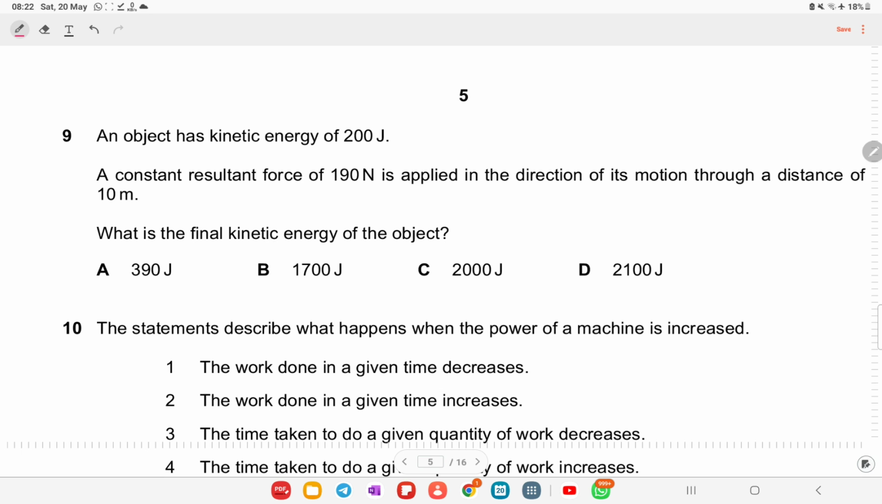An object has a kinetic energy of 200 joules and a constant resultant force of 190 newton is applied in the direction of its motion through a distance of 10 meters. What is the final kinetic energy? So in this question,